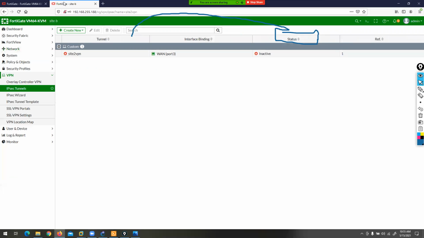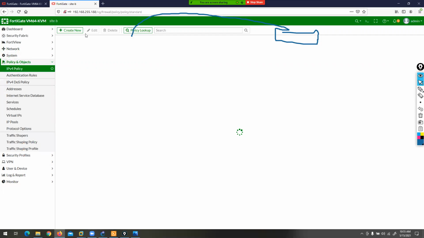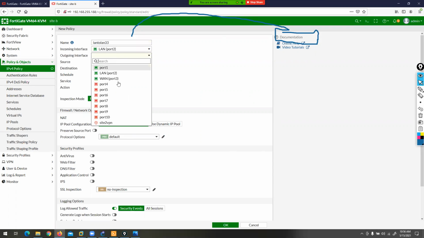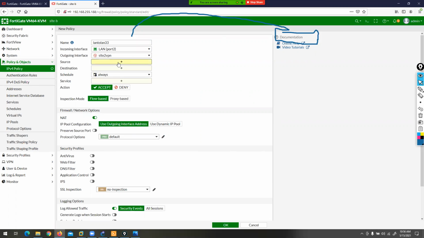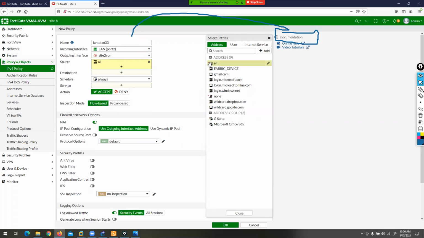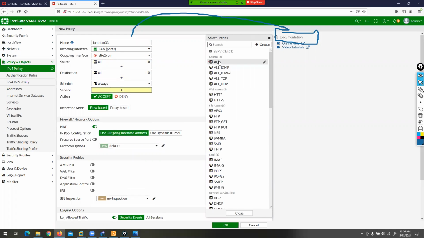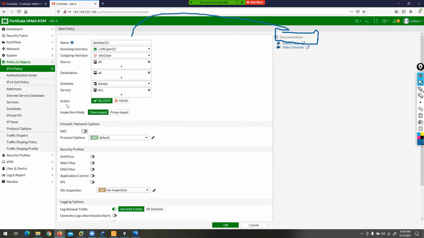You can go on the other side. Firewall policy. We need to create two policies, LAN to VPN and VPN to LAN. You can give a name, LAN to LAN 33, just a name. LAN incoming, outgoing is VPN site, source is any, destination is any, services is any, and NAT should be disabled.